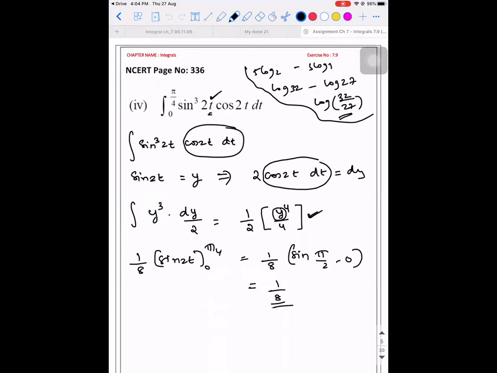But did we deal with it with the limits or without limits? While solving part of the solution, did we include the limits in it? We did, because we were treating it like an indefinite integral. Again, we brought it back to the original function or the original variable, and then substituted the original limits. But instead of doing this, you also have the advantage of changing the limits according to the new variable. What I mean by limits according to the new variable is, here the limit 0 to pi by 4 belongs to which variable?